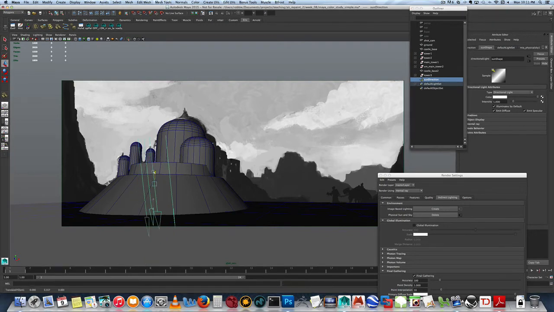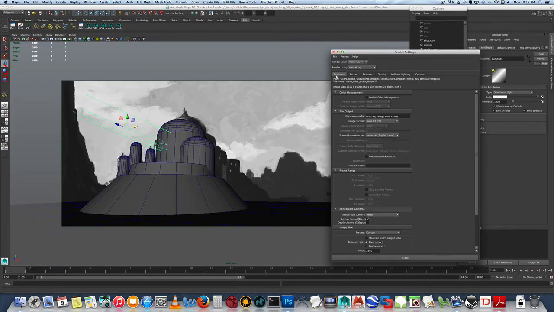It's a directional light, so we're going to move this up. Basically the position of this doesn't matter, but the angle does. So what we want to do is just rotate. I'm just moving this so I can have it in a better spot. And then make sure your panel's selected,